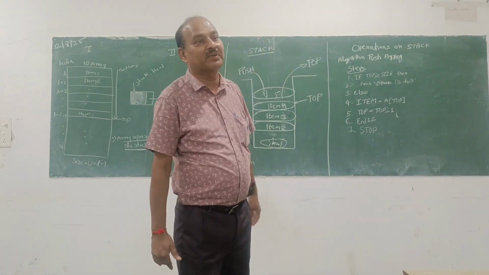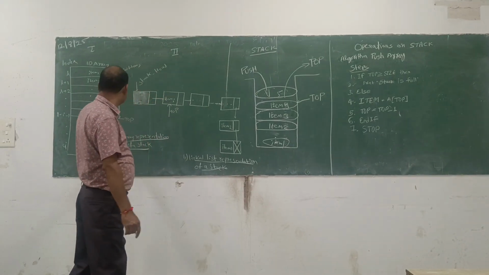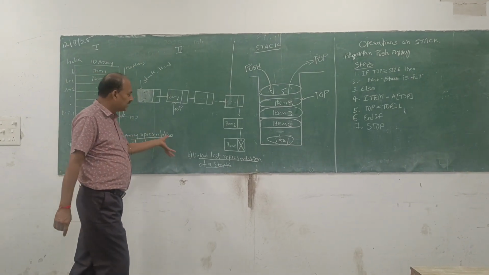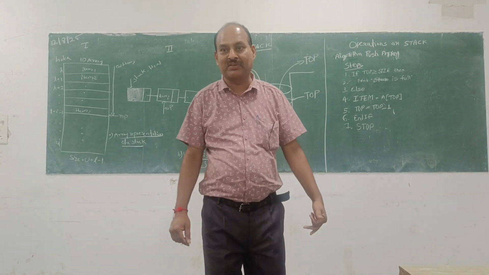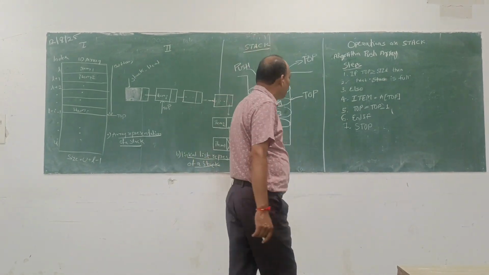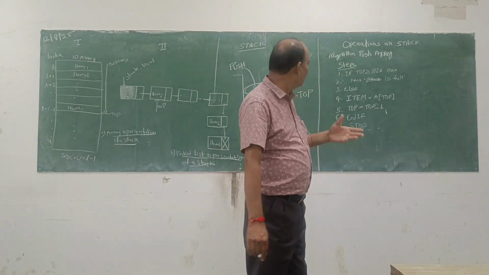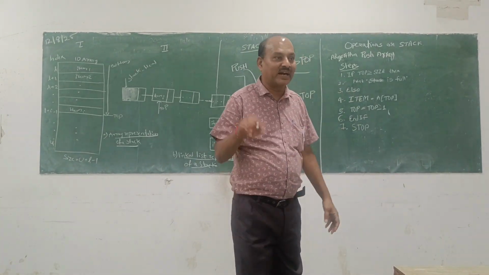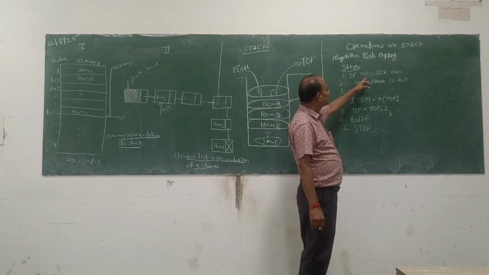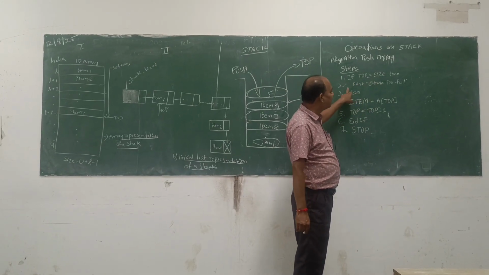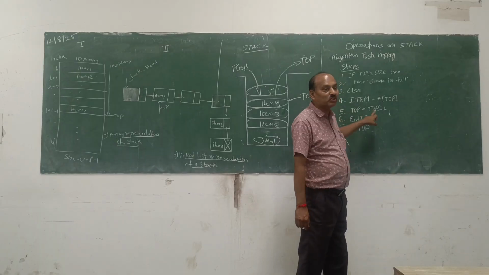So there are two main representation schemes of the stack: one is called the array and the second is called the linked list representation scheme. Now there are some operations on the stack. If you want to push some items in the array stack, then if top is greater than or equal to size, print stack is full. Else item equals A, top equals top minus 1,